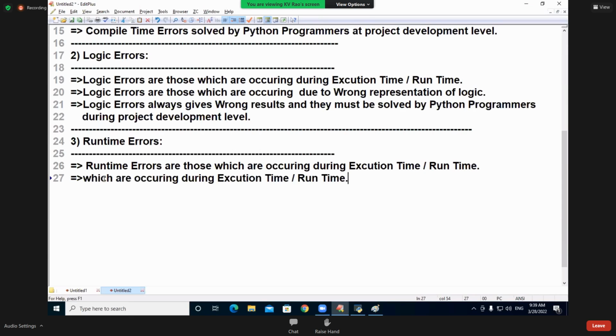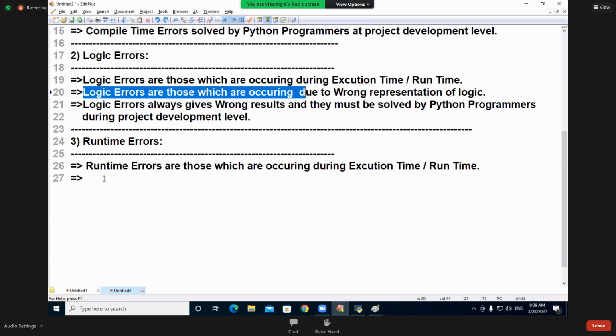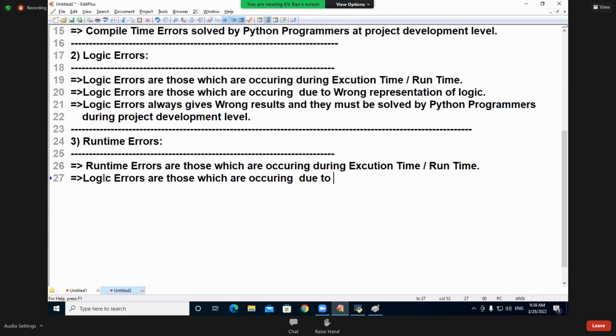That generally, of course, you don't feel it, my dear students. Most of the people are not aware of it, 100% including you also. So why are runtime errors occurring? How many errors are there? Compile time errors, runtime errors. Everybody will say, including you also. Compile time errors occur because syntax is not followed. But why are runtime errors occurring?